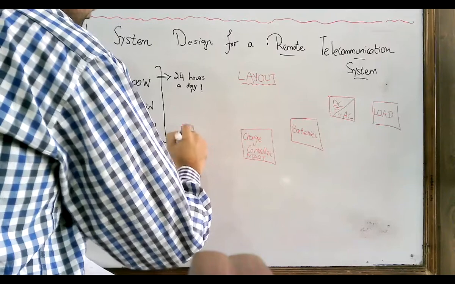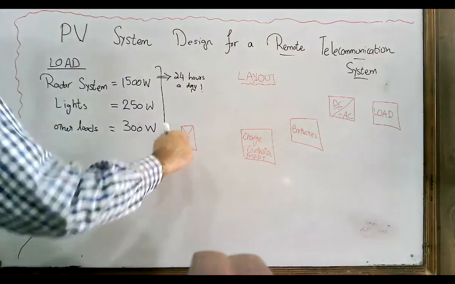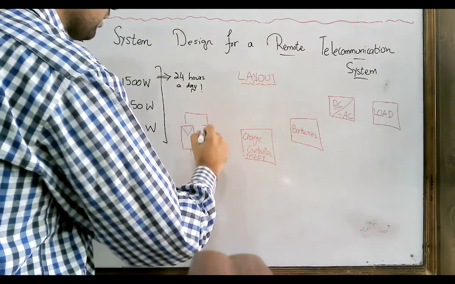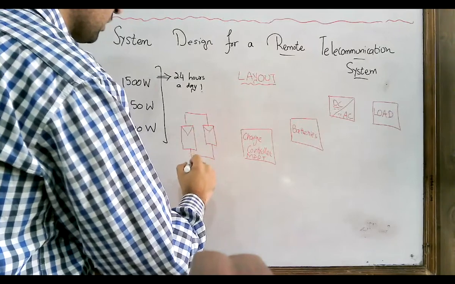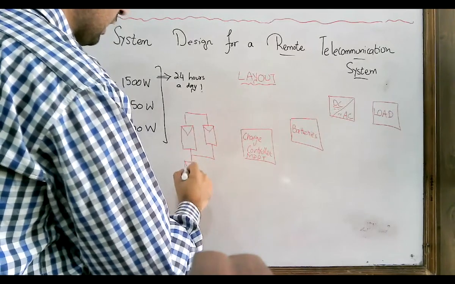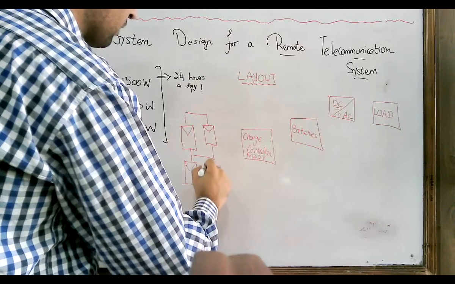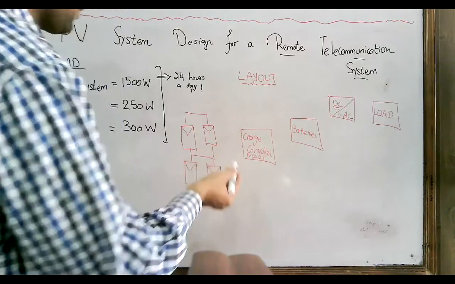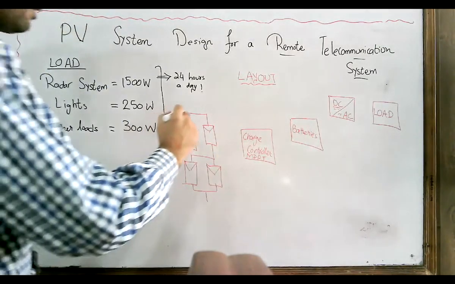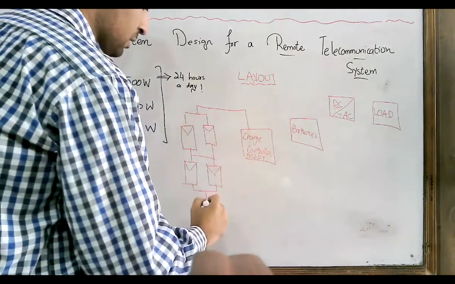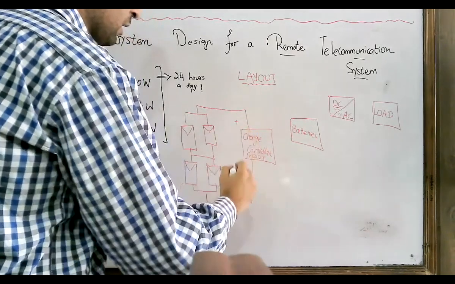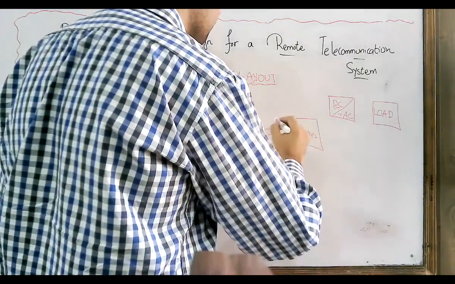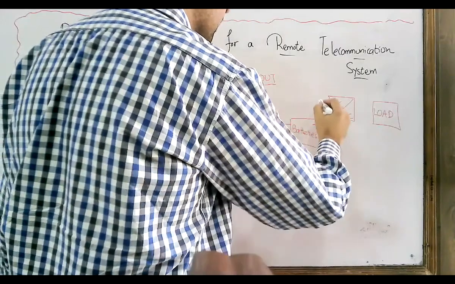This is the symbolic representation of a PV panel. Obviously, you will have some series parallel combination, so here I make it as your PV array, that is the array of solar panels. The PV array is going to supply the charge controller, and the charge controller is going to charge the batteries. And then here you have DC,